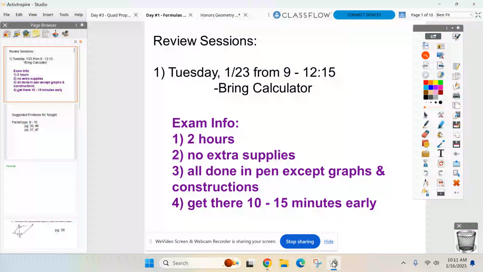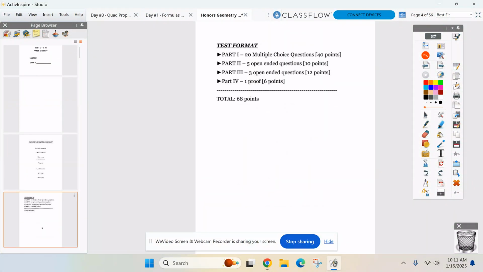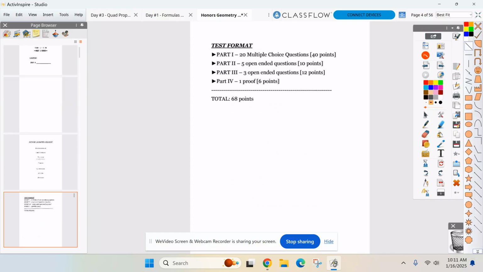In the packet, but the test format that you said, can you define more what you mean by an open-ended question? Sure. An open-ended question, like a part 2, is like a multiple choice without multiple choices. Okay. So, it's not going to be anything like this, because I'm not going to give away questions